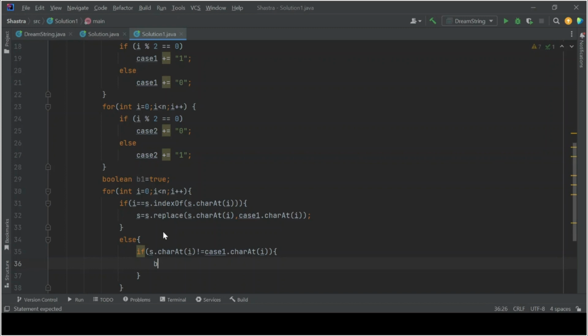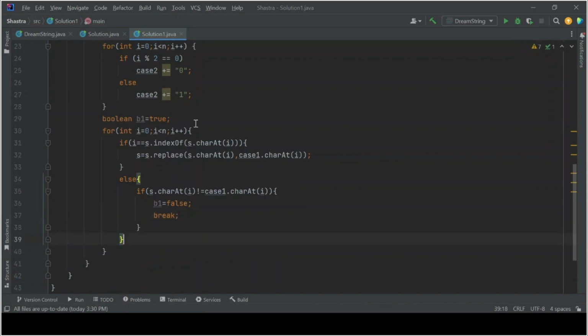And then we'll break the loop, as once it's false you don't need to check the further indices of the string. And once you are out of the for loop and you have checked all of the indexes,